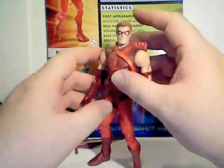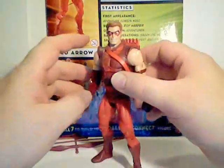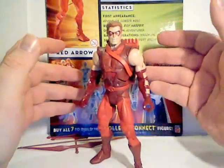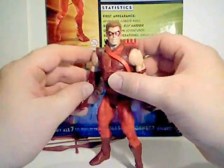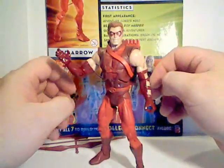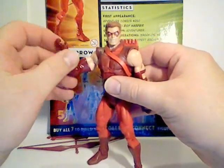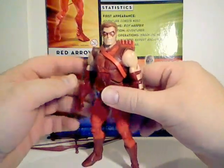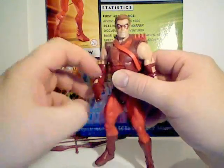They did pick up a little bit when he was touched on the shoulder to be elevated to the level of the Justice League, and that's when he started calling himself Red Arrow. He had appeared in the alternate universe, alternate future of Kingdom Come as Red Arrow. He entered into another ill-advised relationship with the Justice League member Hawkgirl,